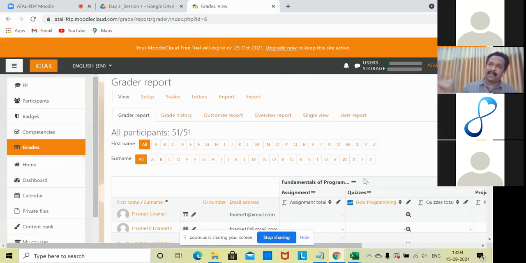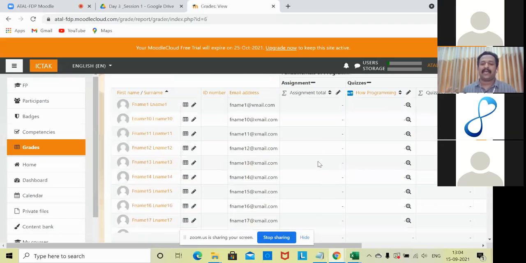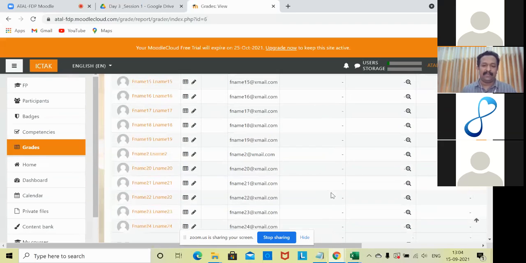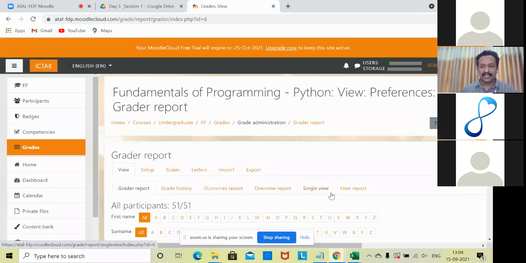Shruti will add the assignment into this category of assignments. You can also check the assignment total, based on attempting the sessions and all. You will be able to get the marks once it is created. Your marks and everything will be listed here, right? So this is the advantage of having a grade book setup. Initially, it is always great if we can set the grade book as per the criteria provided.